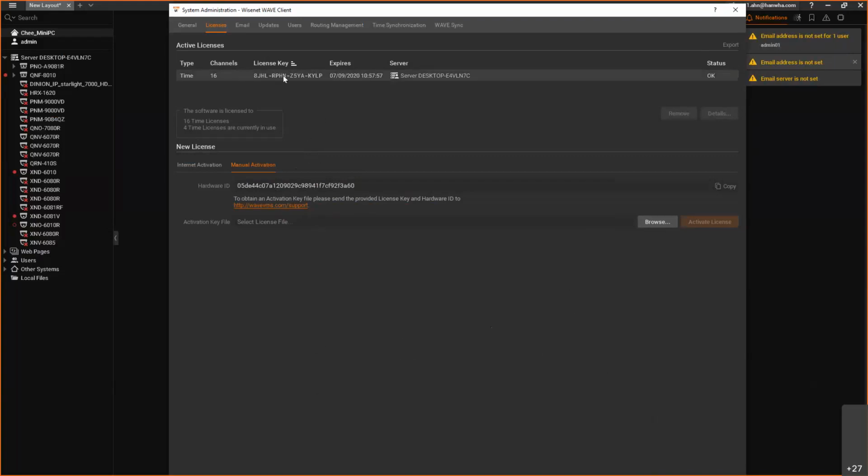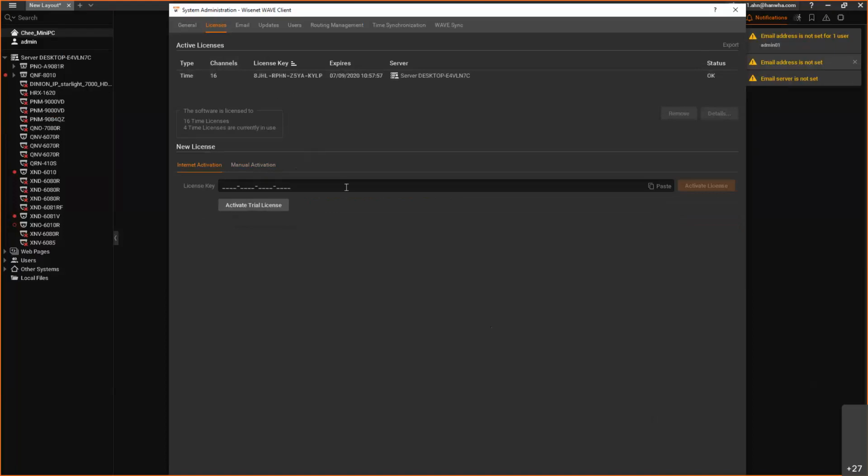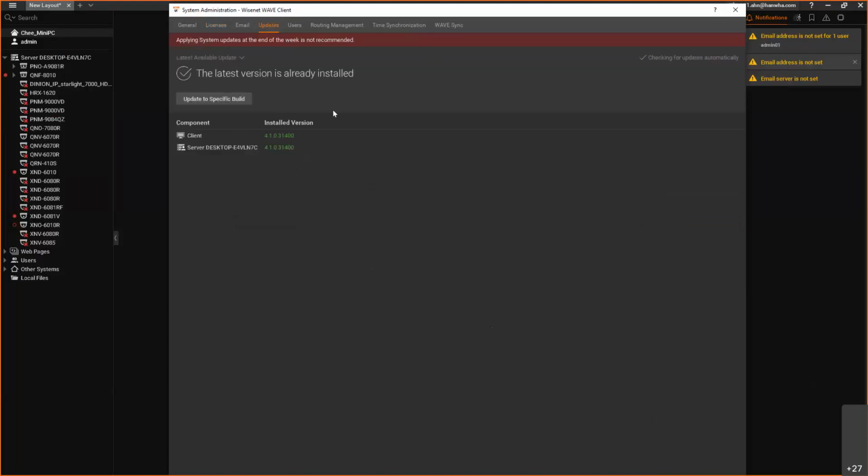But also, you can intentionally move the license from server number 1 to server number 2, maybe. So maybe you want to upgrade your server. In that case, you can first deactivate your license, and then you can activate it on the other server again. So just don't worry about the server failing or some other trouble with the license. We can handle it. And about the update, if your system is connected to the internet, then the system